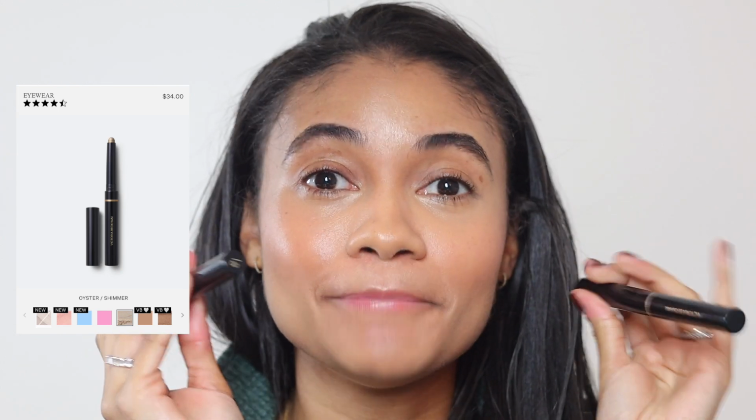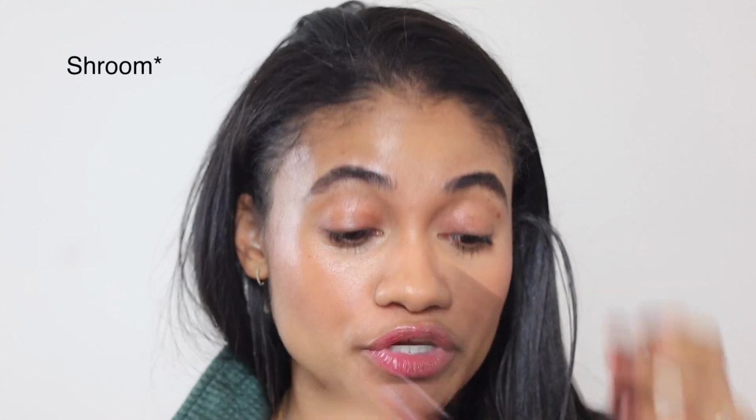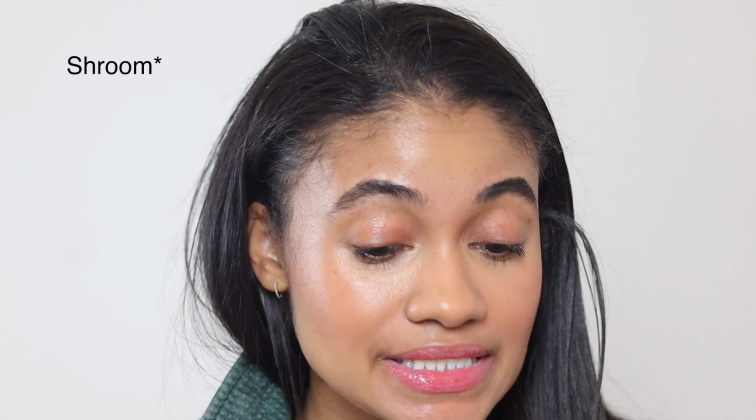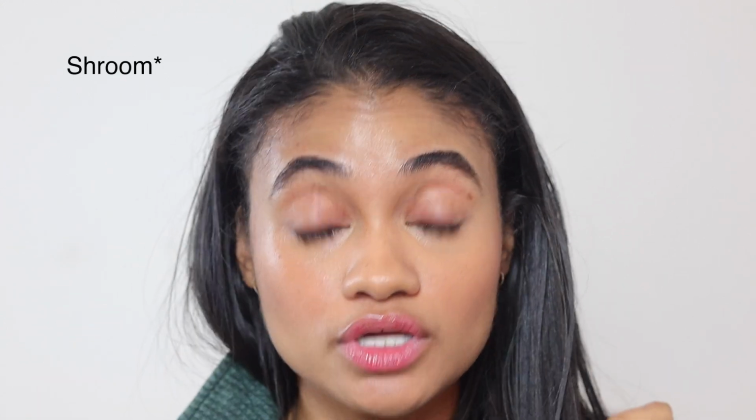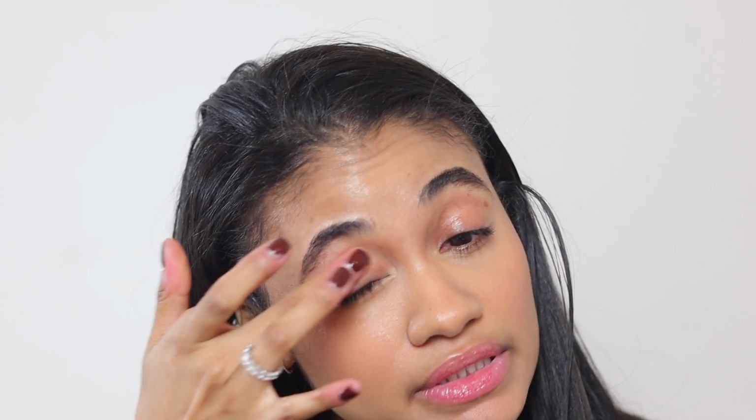I got the shade Mushroom, and then I also got the shade Oyster. Before we go on with this, I want to take just a little bit of the bronzer that we use. So I'm going to take a little bit of this and put it in my crease. I'm not going to put it all over my lid, but just in my crease, just for a bit of definition. I'm just going to kind of stamp it on, and then we're going to go over with a crease